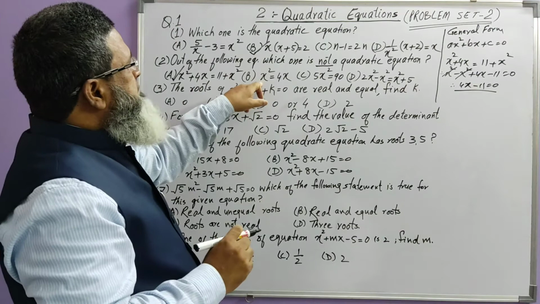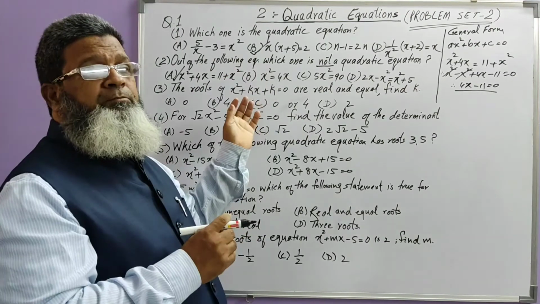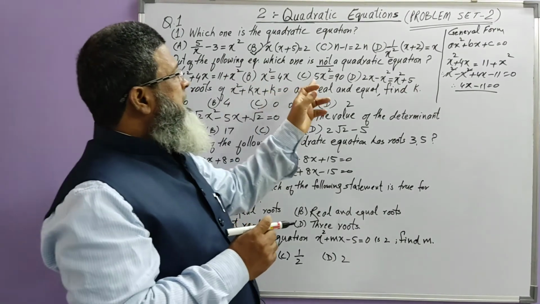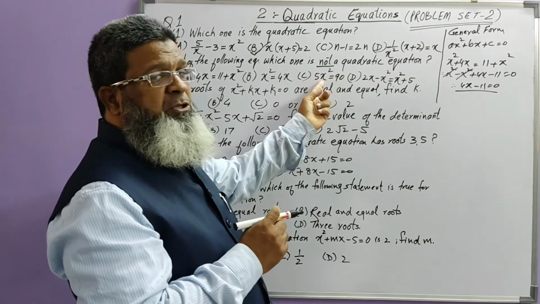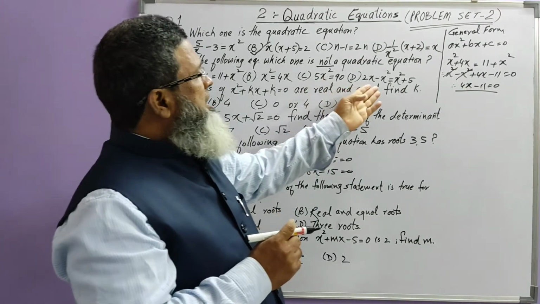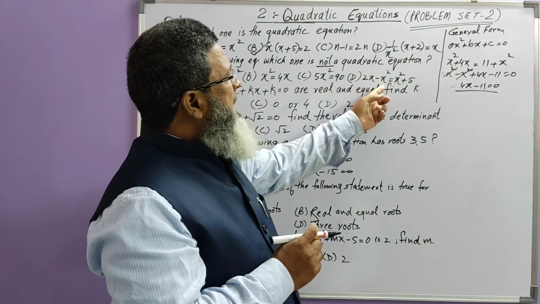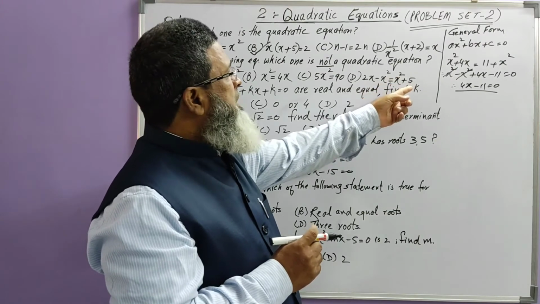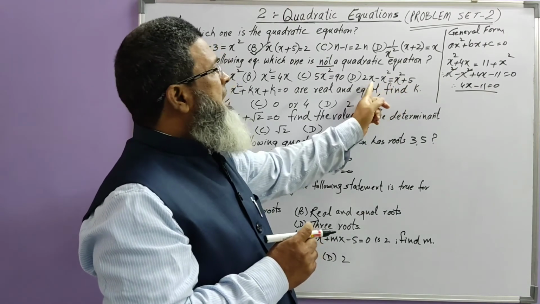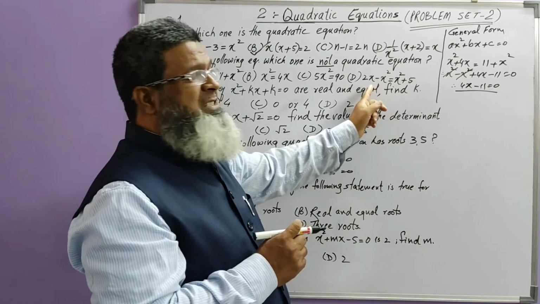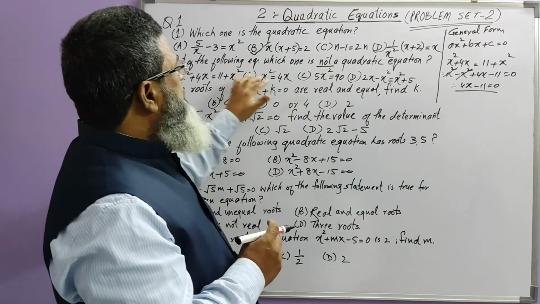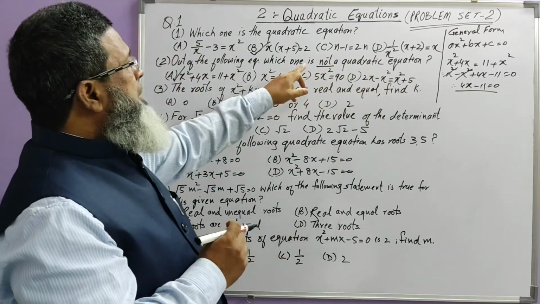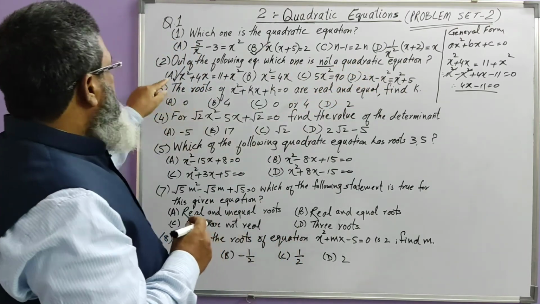Here we find x power 2, x square is here. Here you see 5x square is equal to 90, so you will get square here also. Here in this case, 2x minus x square is equal to x square plus 2 plus 5. If you take this x square to this side, it again becomes minus x square, so you will get 2 minus 2x square. So all the other equations are quadratic equations, but what is asked is which one is not a quadratic equation? So A is not a quadratic equation.